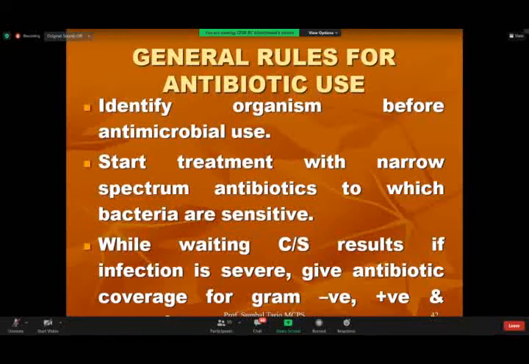Waiting for culture sensitivity results, especially if the infection is severe, you can give the coverage for gram-negative, gram-positive, and anaerobic infections, that is broad spectrum antibiotic आप जो है उसको patient को start कर लेते हो. As I'm talking about upper respiratory tract infection right now, that means acute pharyngitis की मैं बात कर रही हूँ, sore throat की बात कर रही हूँ, तो let's say कि हम उसको erythromycin पे डाल देते हैं. Let's say कि हम उसको ampicillin या amoxicillin या augmentin पे डाल देते हैं. Whatever we do, we should take the culture sensitivity test before giving the antibiotic.